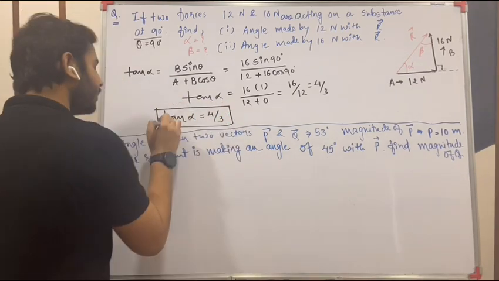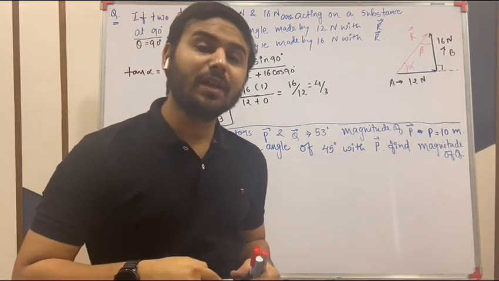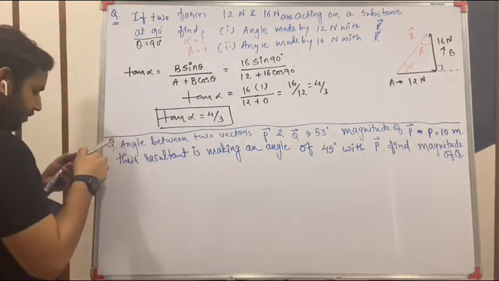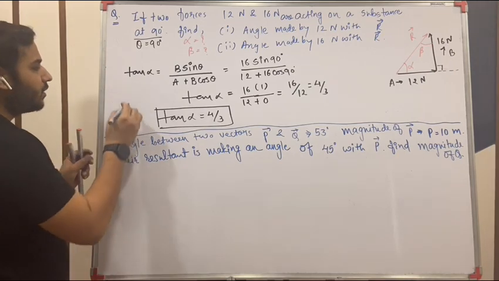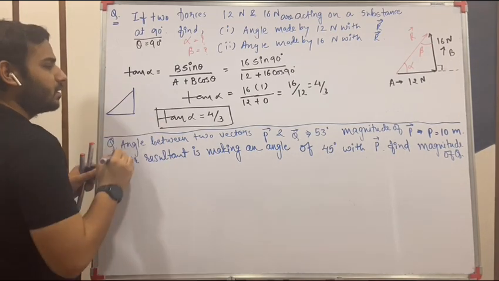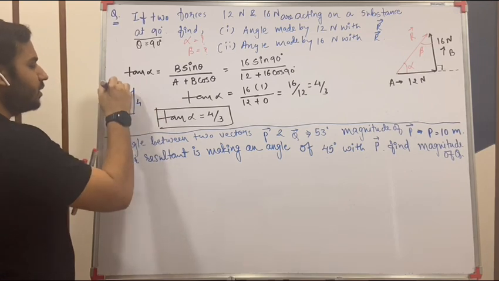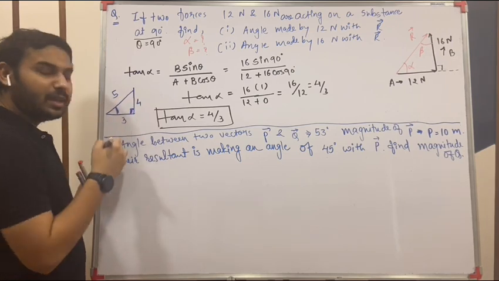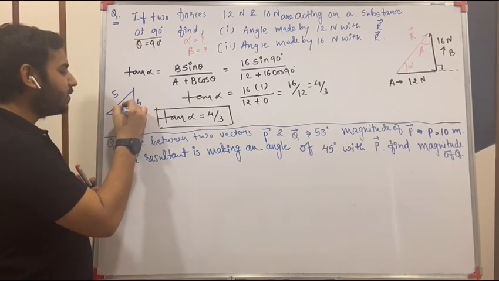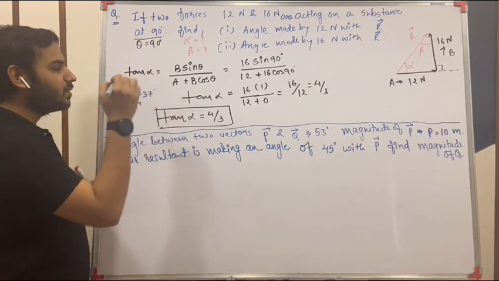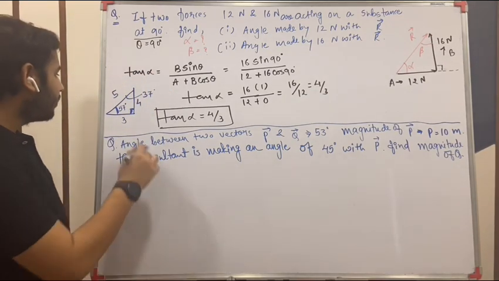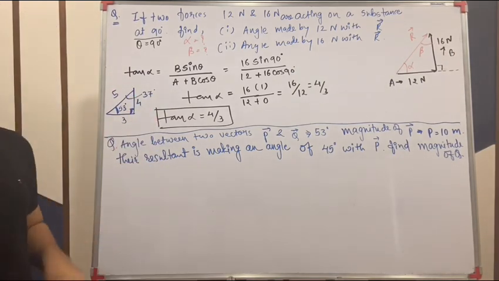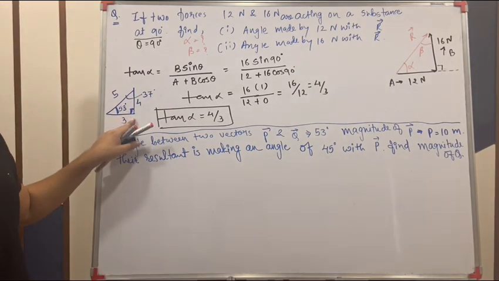Okay, you remember the triangle 3, 4, 5, the famous triangle. So I'll write over here: this is 4, this is 3, this must be 5. And this angle will be 53 and this angle will be 37. You please remember this: 53 and 37, total is 90, plus this 90, 180.